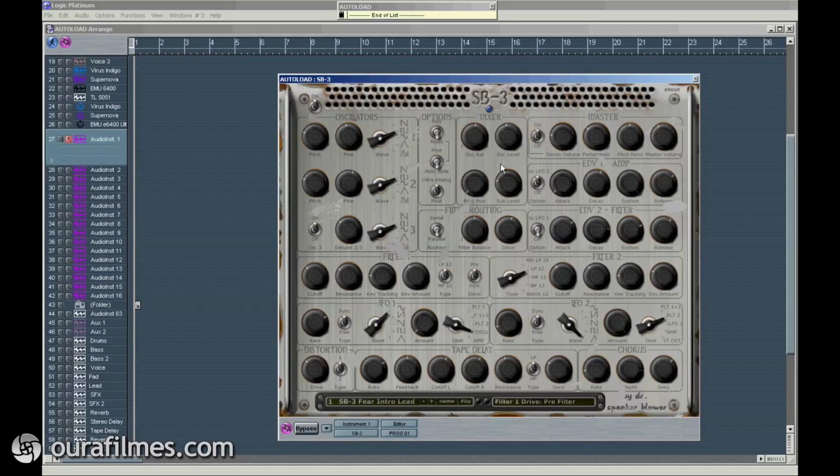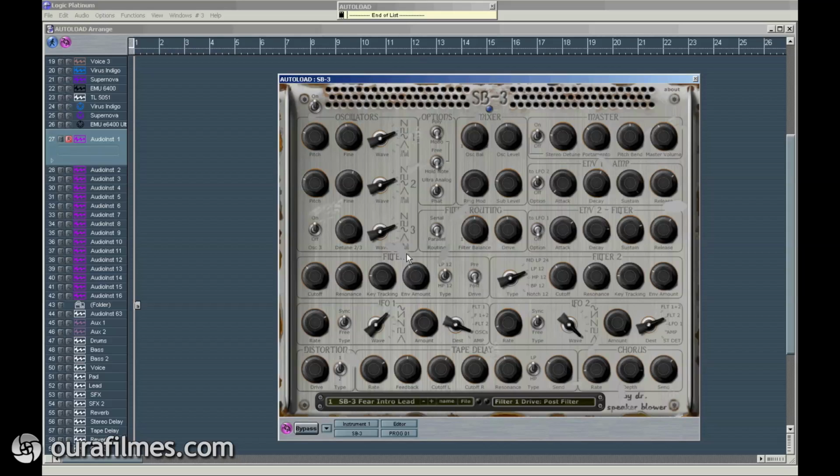After the mixer, sound goes to the filters. We have 2 filters and we control the routing here. So we can have serial or parallel modes, and we can select the amount of signal that we get, or only filter 1, only filter 2, or whatever. Drive, this filter drive is controllable here, where you can select if you want it pre-filter or post-filter,